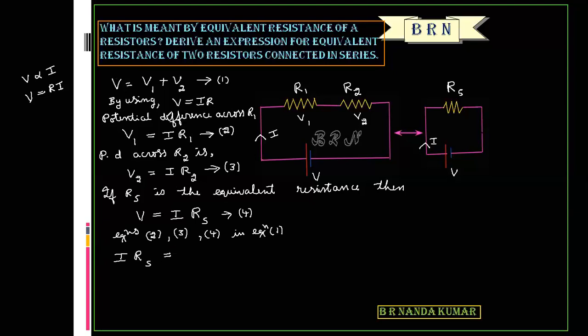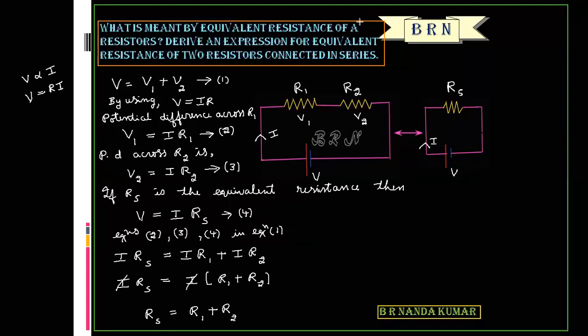V = IR_s, V1 is IR1, plus V2 is IR2. So IR_s is equal to I, taken as common, times R1 plus R2. Okay, so I gets cancelled and finally we get R_s is equal to R1 plus R2. So the